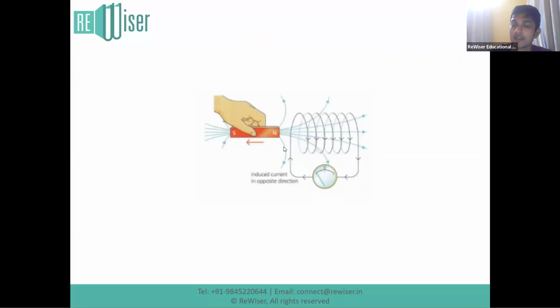Just remember, if you're trying to pull a magnet away, the coil will try to attract it. If you're trying to push a magnet towards a coil, it'll try to repel it. No matter what you do, it will try to produce current, which produces its own magnetic field, which opposes the motion of the magnet. That is Lenz. Let me write it down as I said. Lenz's law